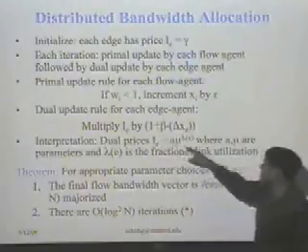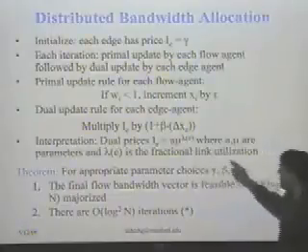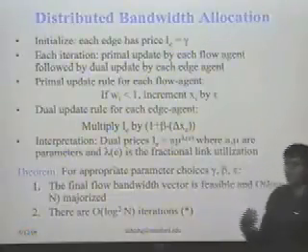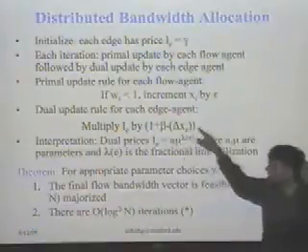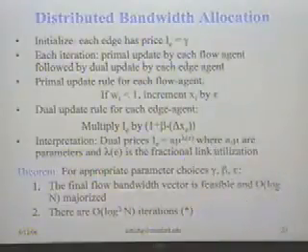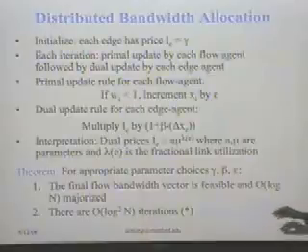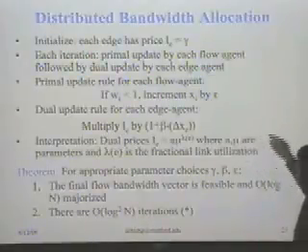Right? So the interpretation here is because these dual prices update multiplicatively, you can think of the dual prices as exponential. So let's say A and mu are some parameters, and let's say lambda E is the fractional link utilization. Okay? Then this is the same as saying that dual price is exponential in the link utilization. So as the link utilization increases, your dual prices increase exponentially.